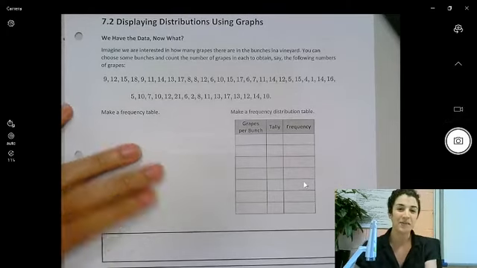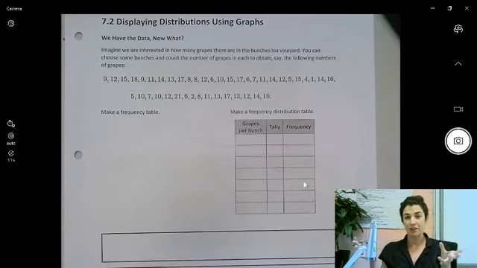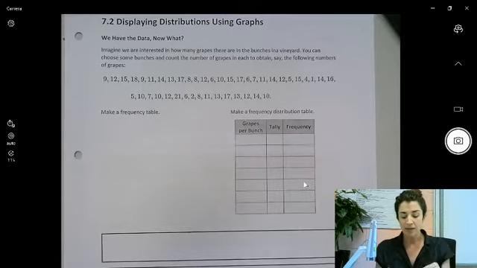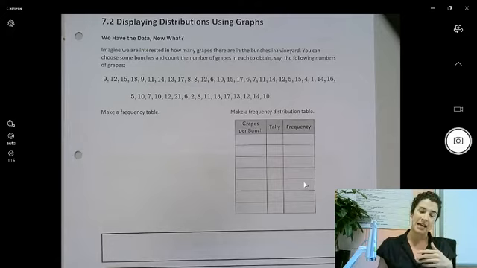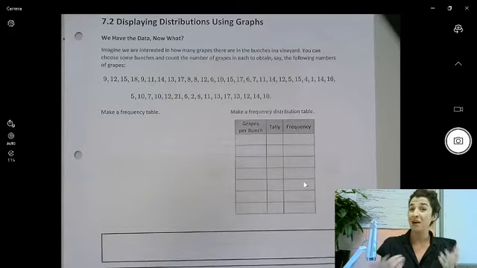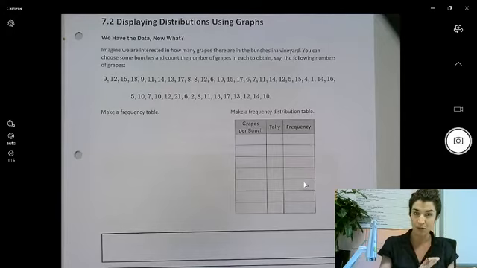Okay, so we are moving on to 7.2 with our Chapter 7 notes, Unit 7 notes. So 7.2 is moving forward from 7.1, where 7.1 was what is data, how do we gather data. 7.2 is, okay, now we have data, so what do we do next? How do we use all of this raw data that we collected and turn it into something that is more meaningful, so we can draw conclusions from it, as we've kind of started moving on to